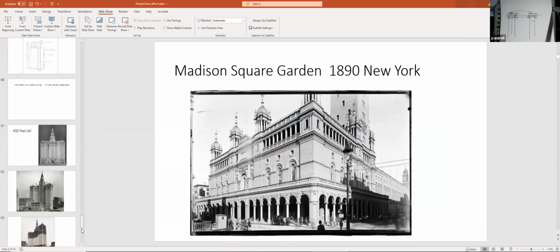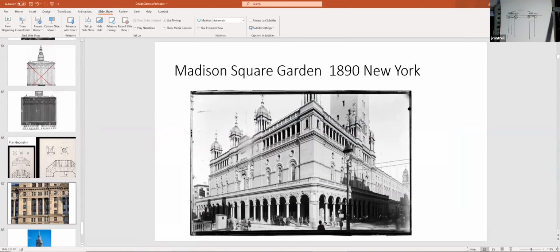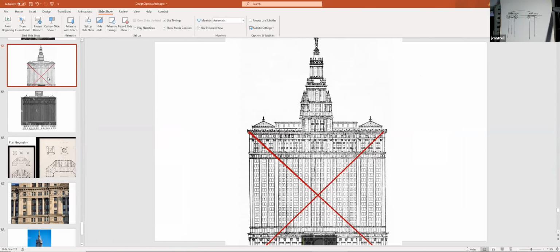So on my drawing table, what I'm going to show you is the proportion of this building designed as a large columnar order itself. So if you can see,